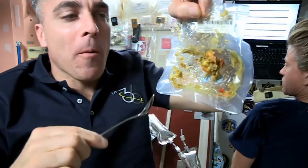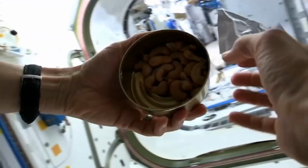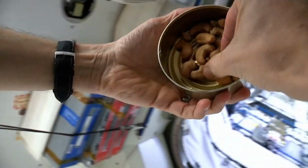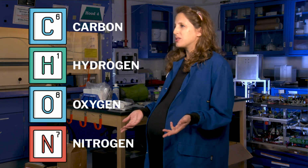So things like the food packaging, the clothing they wear, the hygiene wipes they're wiping their face with, the toilet paper, the food that's left over in their food packaging, all those things that go into an astronaut's trash can. How do we get useful stuff out of them, and what can we get out of them? Well, they're primarily made of carbon, hydrogen, oxygen, and nitrogen,